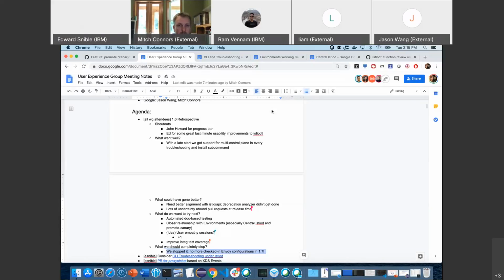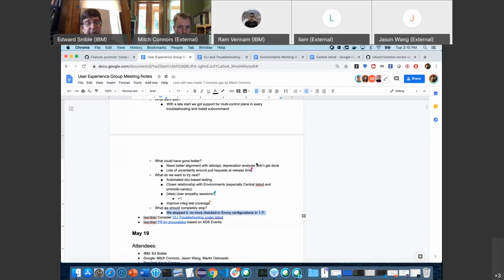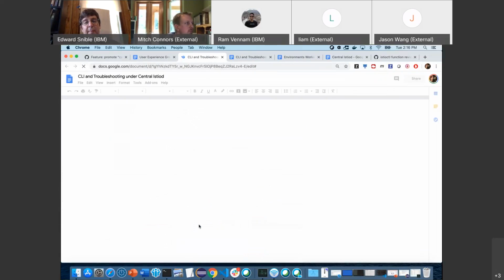So I had two items to talk about for us this week. Both are related to the central STOD and the refactoring for when the control plane is not present. So let me go through those. I wrote them up